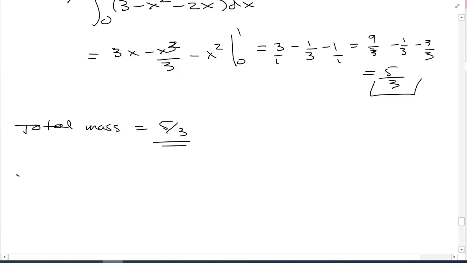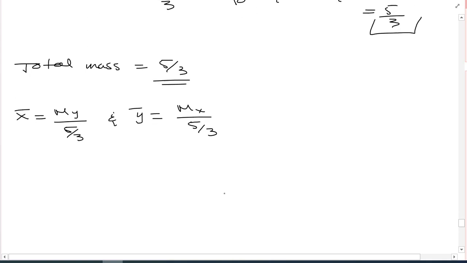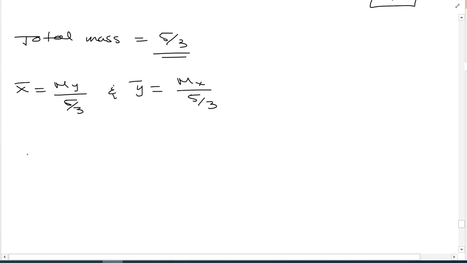And so for x bar, I know this is my over the total mass, so it'll be over 5/3. And y bar is the moment about the x over the total mass, which will be 5/3. So let's find the moments. So the moment about the y, the tendency to rotate towards the y-axis, is the integral from a to b of density. In this case, density is constant, so we don't need it, of distance to the y-axis, which is x times the area. So top minus bottom